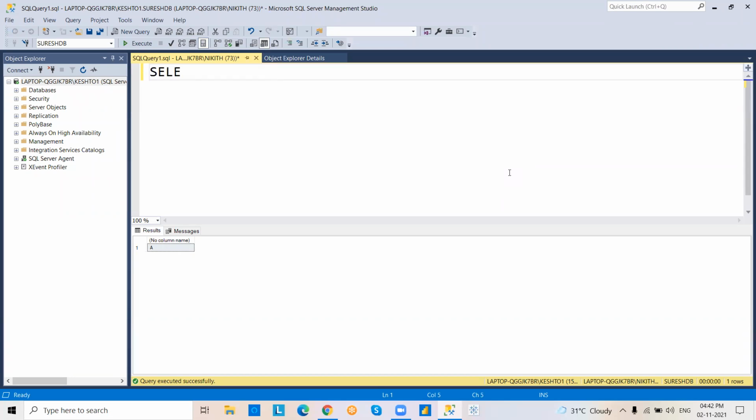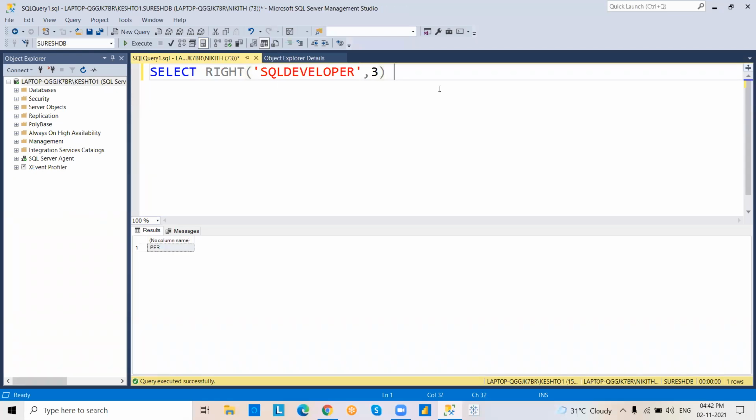Next, we have left function, right function. Suppose left of SQL developer, combined word, comma 3. So what happens here? See, it is giving left side 3 letters. SQL. Next, we have right.